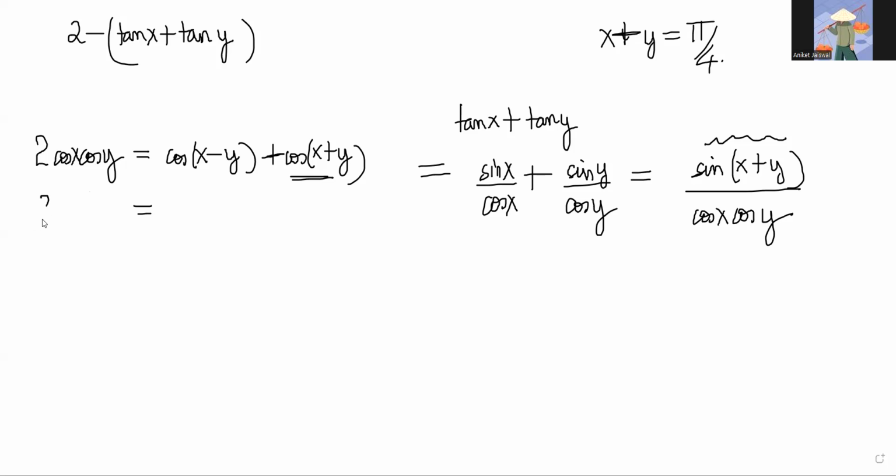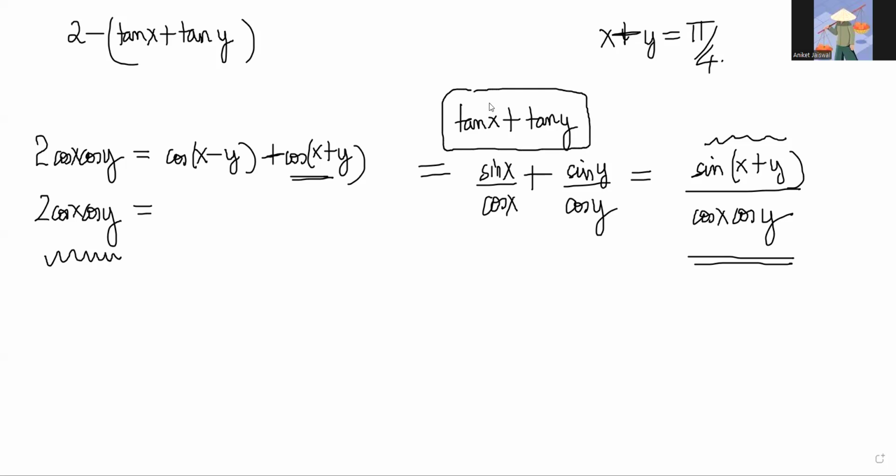So we can say 2 cos X cos Y. See, I want the upper limit of the denominator, okay? Why do I want the upper limit of the denominator? Because if you put the largest possible value, then that will give the smallest possible value, right? And then 2 minus tan X plus tan Y will become maximum. Because I have to subtract, I need the minimum value of this, right?